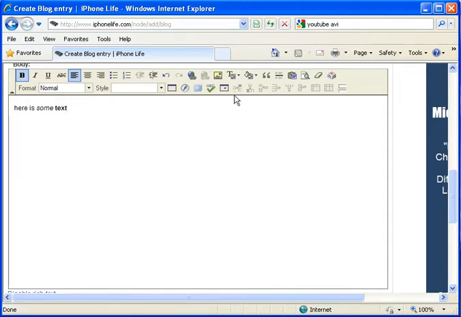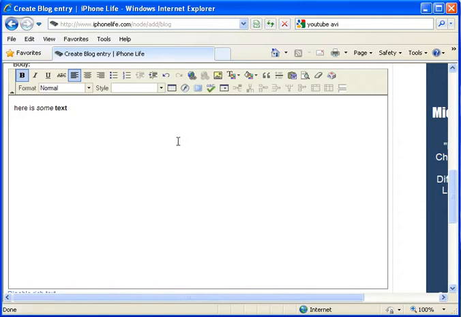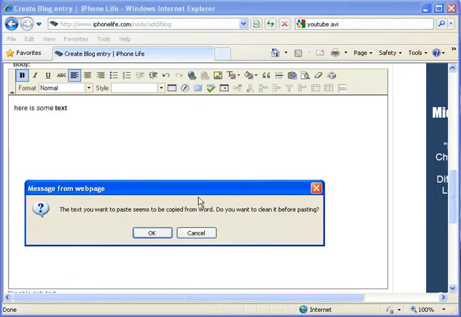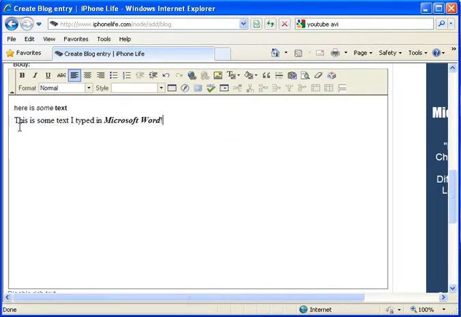There is one thing I want to show you though, which is pasting from Microsoft Word. So suppose that I've written this blog entry already in Microsoft Word. I can select all and copy, and now I go over here and I want to paste it. If I just use Control-V to paste, Explorer is going to ask me if I want to allow access. Now it says the text you want to paste seems to be copied from Word. Do you want to clean it? If I don't clean it up, then here it is, and it looks just like it did in Word. It's in a different font,